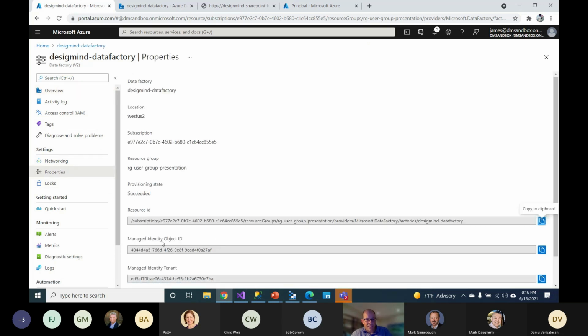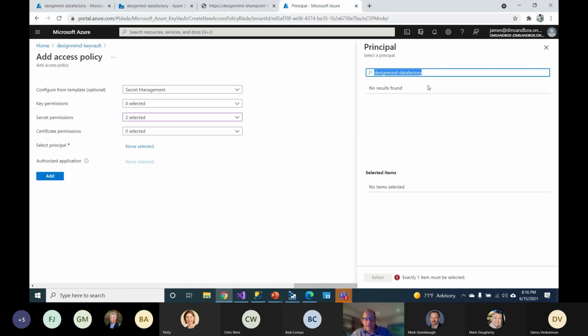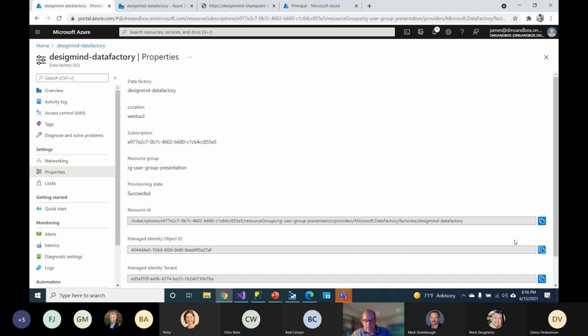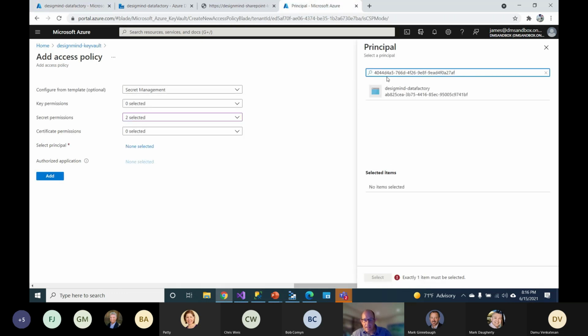Yeah, Managed Identity Object ID. The key is Managed Identity. You kind of know that it's identity related. Copy to clipboard. I go back over here and I searched, and I searched using, why didn't that copy? Copy to clipboard. Hey, there it is. I don't know why that didn't work inside Storage Explorer before, but